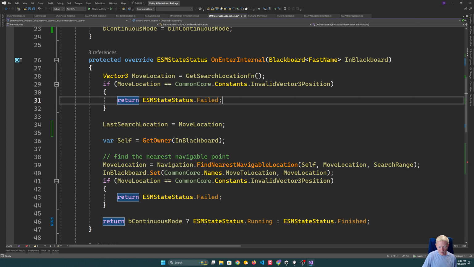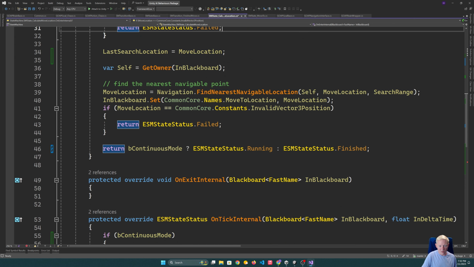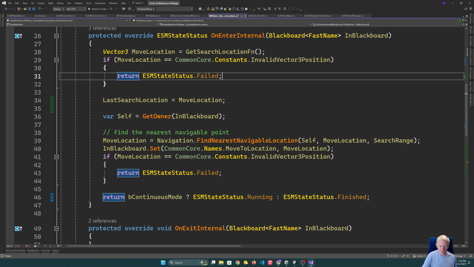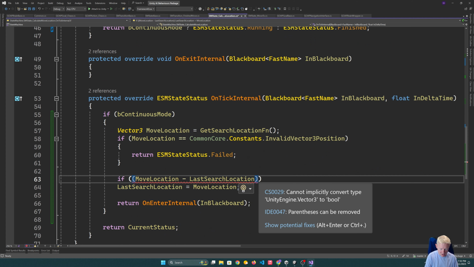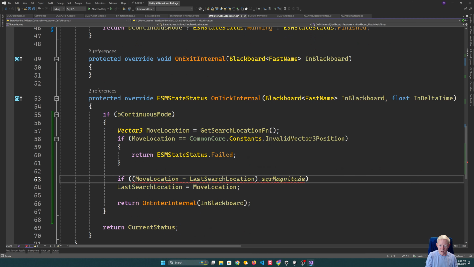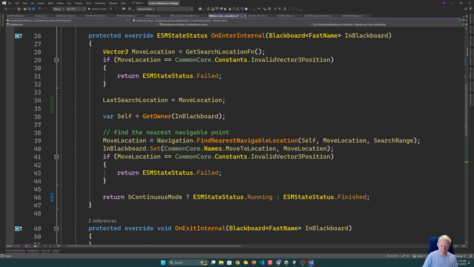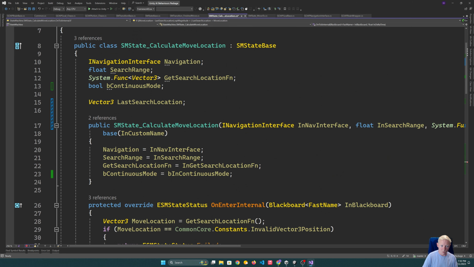It does go and snap it down here, which I think is fine. So I think it's okay. There are further things we could do, but I think that's reasonable rather than creating an extra variable just for the sake of this. So if that square magnitude has changed by more than some threshold,